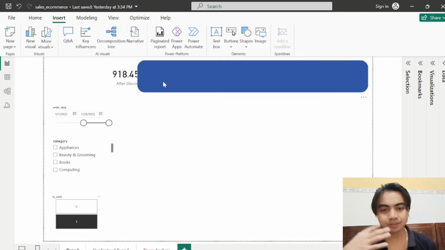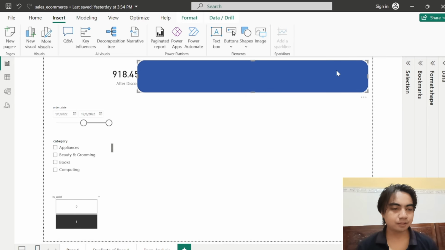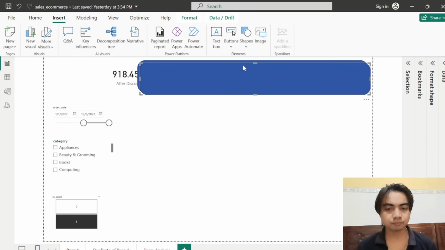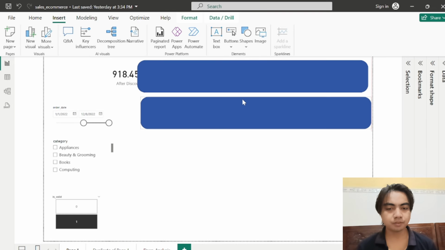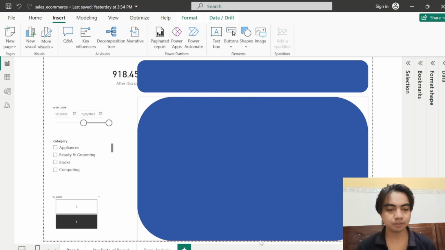Now, of course, it's on the back. So after that, let's copy this shape by selecting the shape and then pressing Ctrl C and then Ctrl V. Okay, let's put it right below that shape, and then make it bigger. Maybe like that,